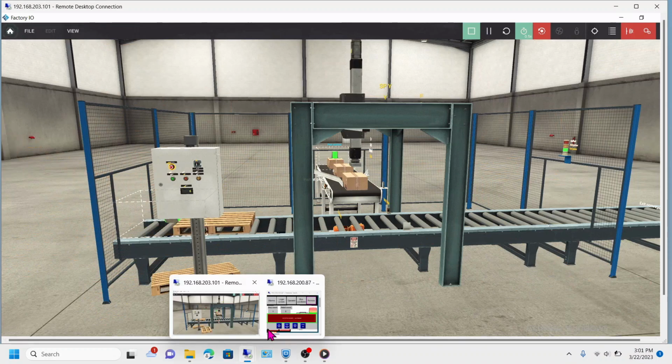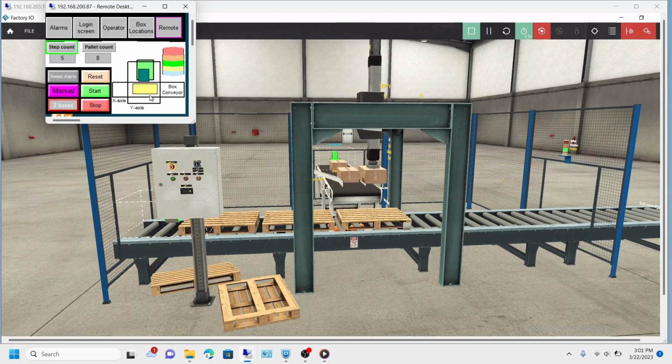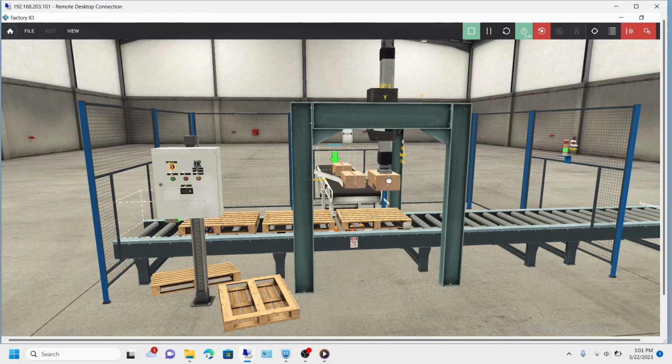So this just shows, hey, there the alarm shows up, hey, we're out of pallets. This isn't a huge issue, but it's still gonna cause problems. But as soon as the pallets show up, the alarm goes off. One of the bigger issues here would be like,